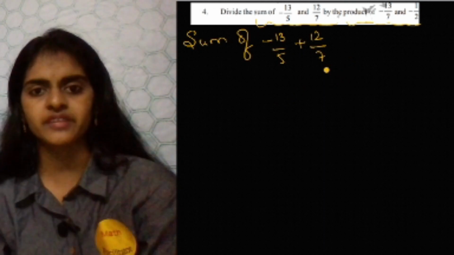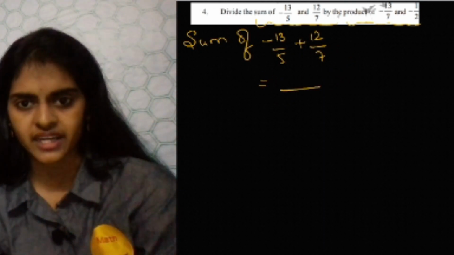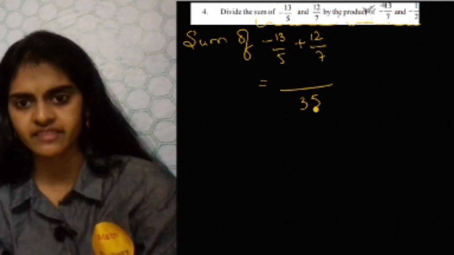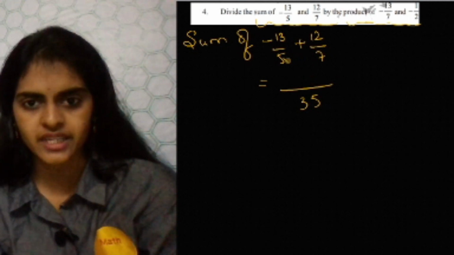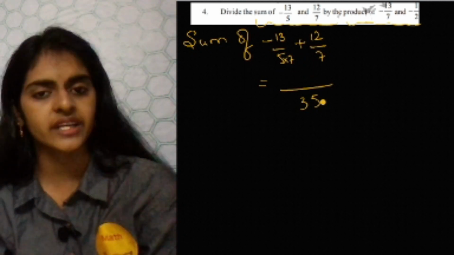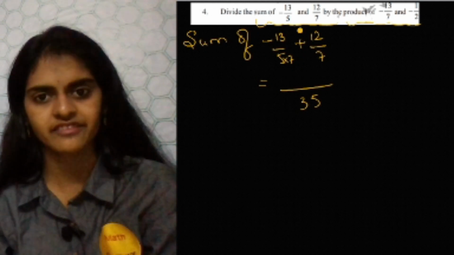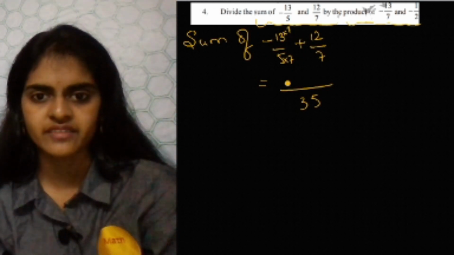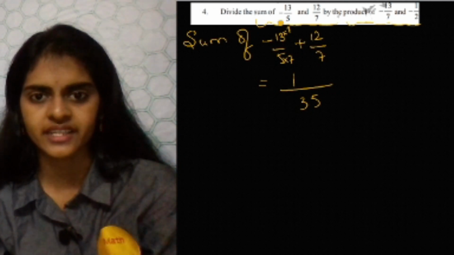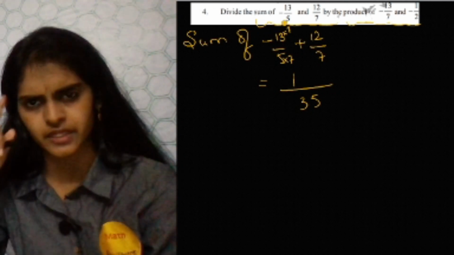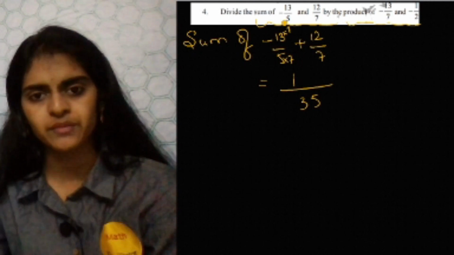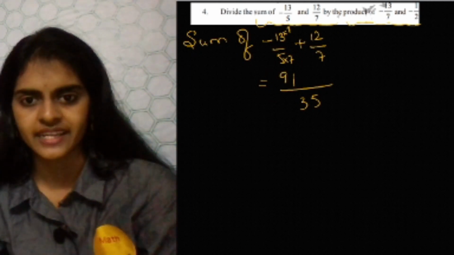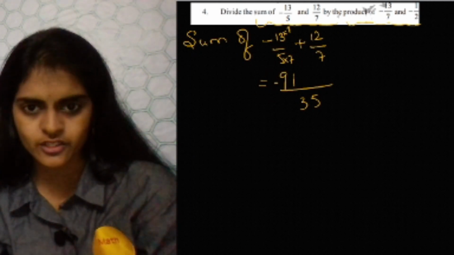Is this what we have to do? So this is nothing but, now LCM is 35. 5 and 7 LCM is 35. So we'll multiply this by 7 to equate it to 35. Now 5 7s are 35. So numerator also will multiply by 7. Isn't it? So see, 7 3s are 21. So 1 here, 2 is carried. Okay, keep it in your mind. So 7 1s are 7 plus 2 carried gives you 9. And you have a minus sign, so write minus.